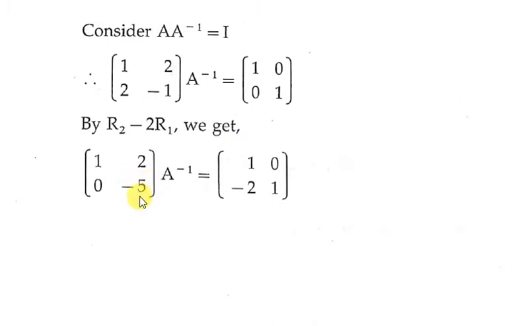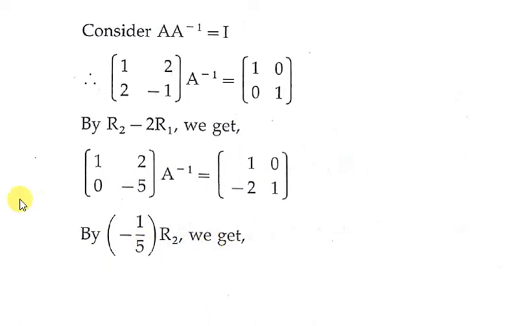But we can't multiply just this minus 5. We have to think about the total row, and this minus 5 lies in the second row. It means the second row is going to change with scalar multiplication, R2 into 1 by 5, or rather minus 1 by 5, because of the minus sign we have to convert it into plus 1. So by multiplication of R2 with minus 1 by 5, you will get this value 1.